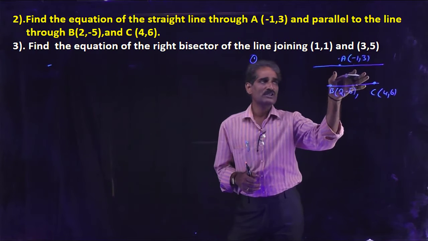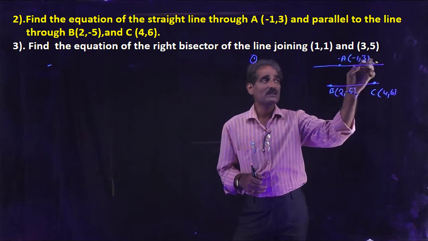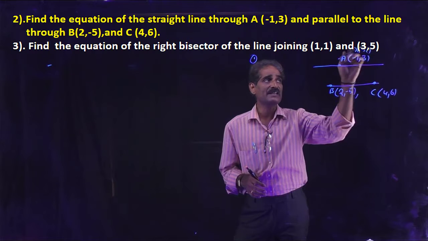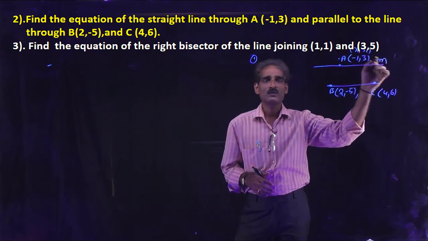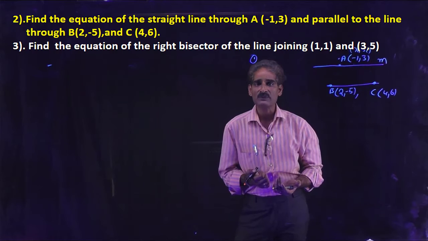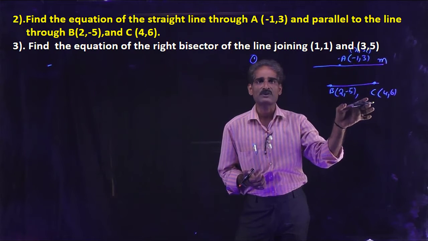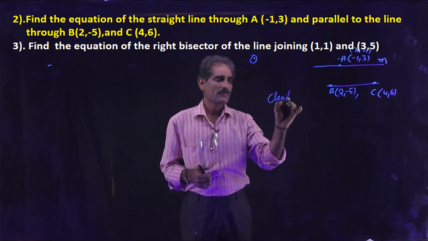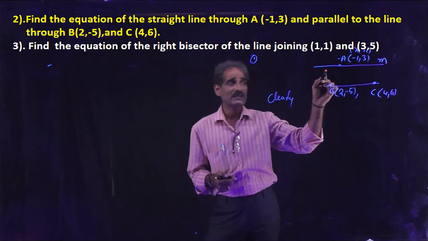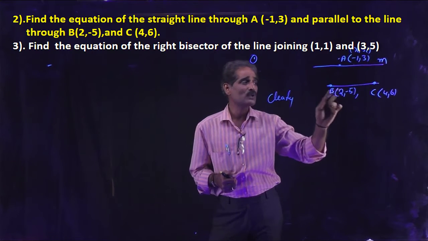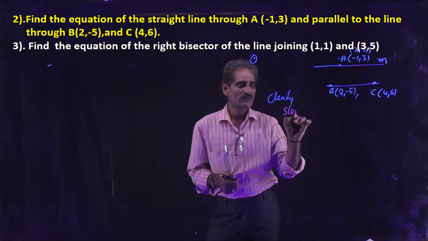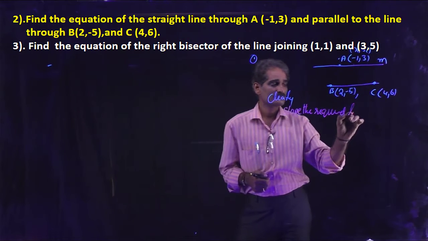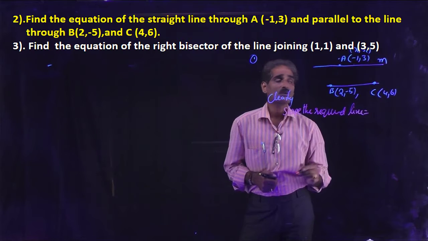Now here we have to find the equation of this line. It is already passing through this point. Let us consider this point to be x1, y1. So the required things are the slope and a point. The point is already there. So if you know the slope m of this line, you can write the equation of the line. How can you write the slope of this line? These two are parallel, so we can find the slope of BC. Understand? So observe that clearly: the slope of the required line is m equal to the slope of BC.